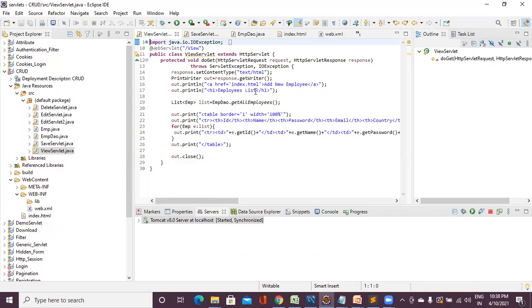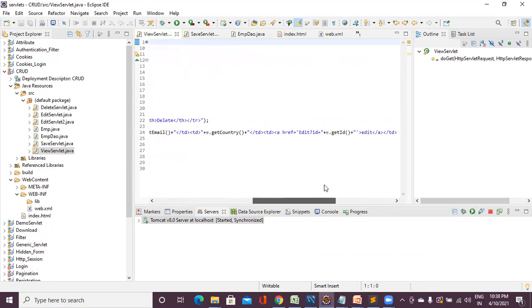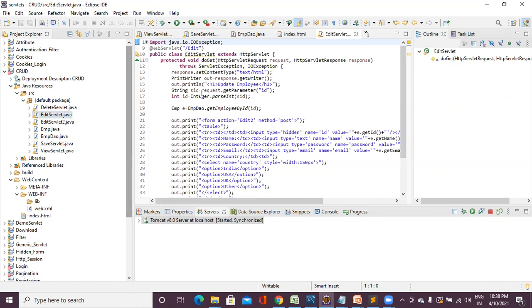And if you want to update or delete, here you will have update and delete options also. If you want to edit, it goes to edit. Then go to the edit servlet. Inside edit,